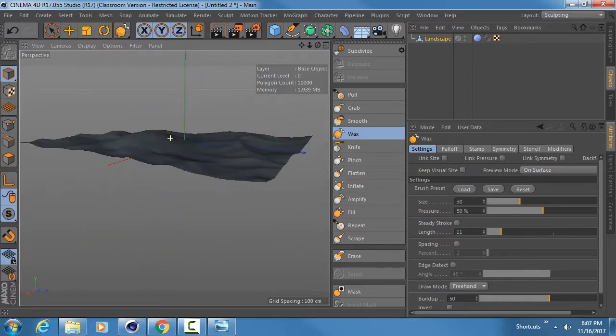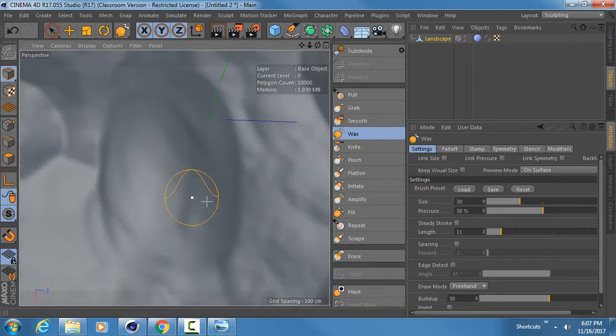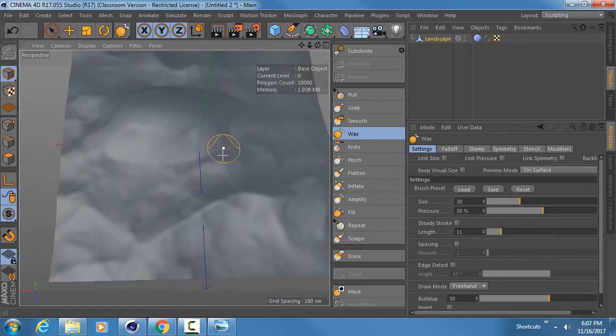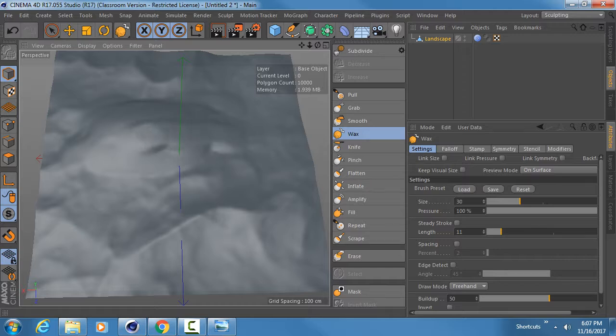And now when we look, we'll see that I made myself a little hill, a little mound. Now it's not on a very high setting, and that's because I think it's pressure. This pressure setting, if we raise this, maybe it's a little bit stronger now. And we can also raise the size, and you can do that with some of these hotkeys that we had, like the brackets, and